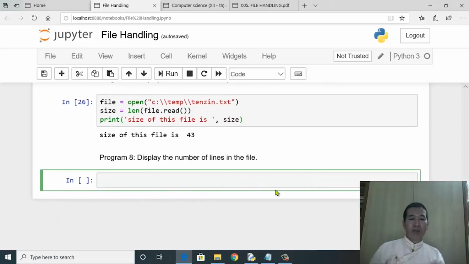Display the number of lines in the file. This time we need to count the number of lines in the file. Okay, so how and on what basis does Python decide the line? Like I said earlier, it decides based on the newline character.